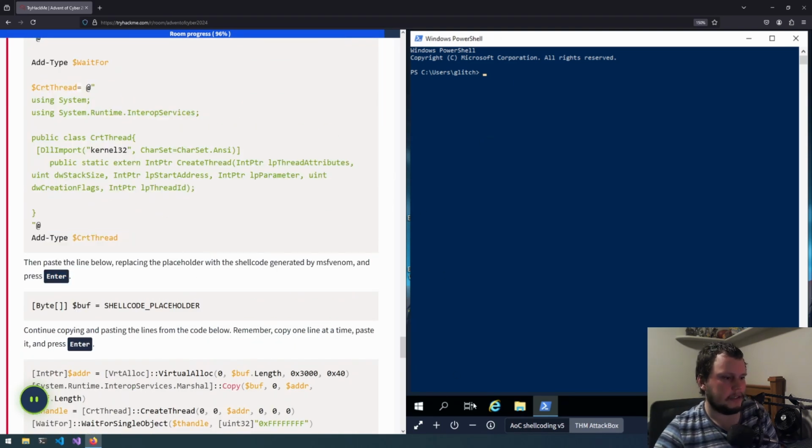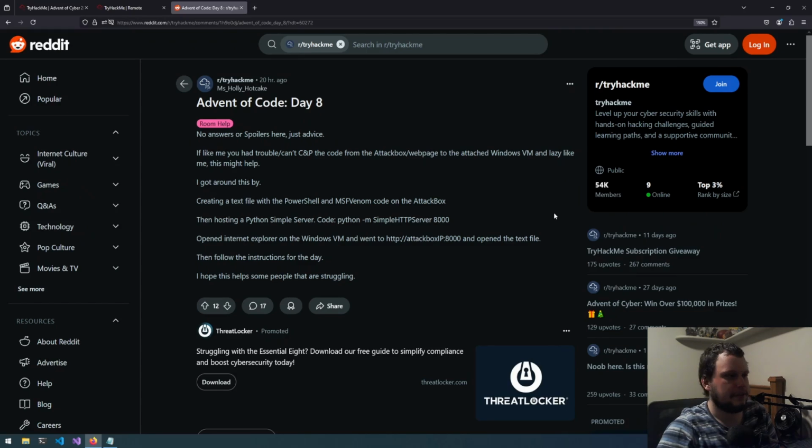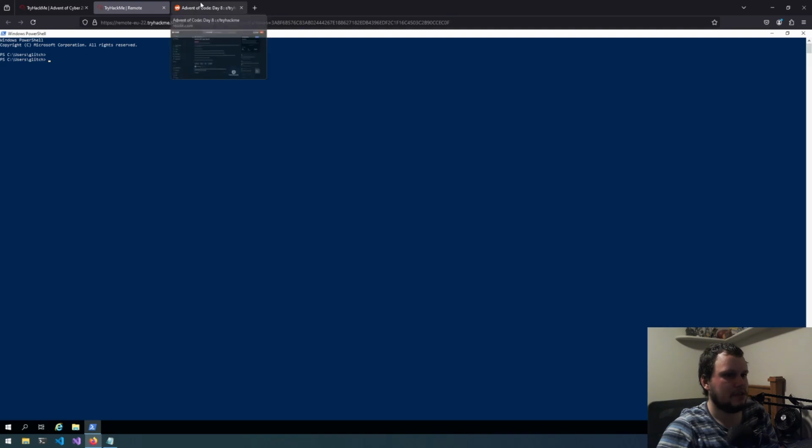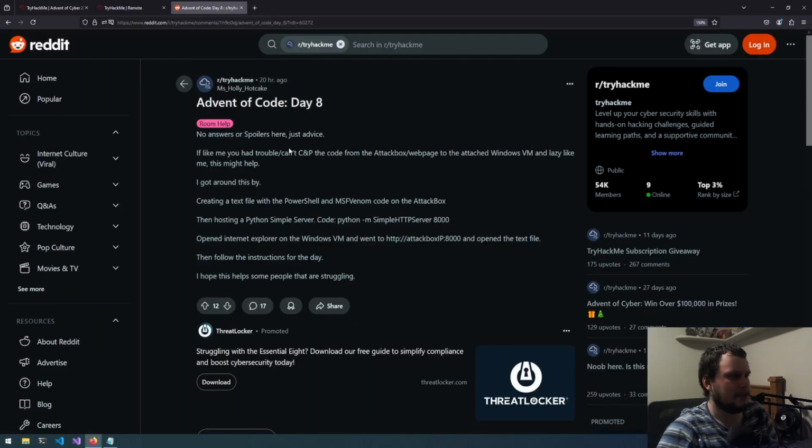Can't paste into this. I was spending ages trying to figure out how to actually copy to this machine, and just absolutely nothing is working. So I had to look it up, and there's a solution here. If you're like me and had trouble copying and pasting the code from the attack box to the attached Windows machine, the way they got around it was by creating a text file with the PowerShell and MSFVenom code on the attack box, then hosting a Python simple server by writing this command and loading it onto port